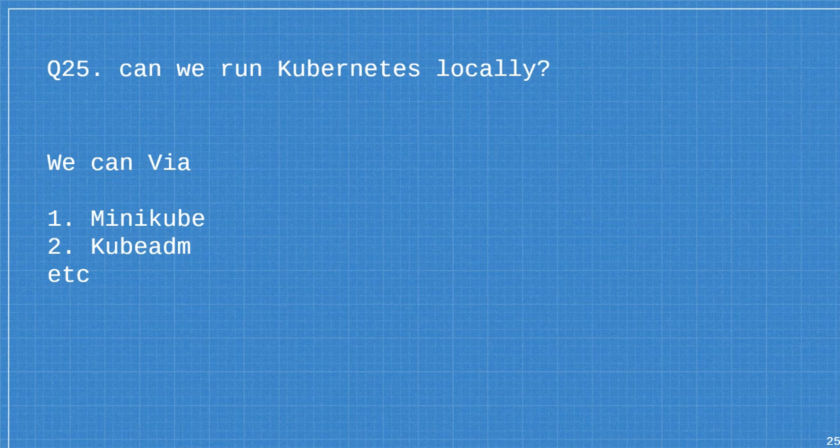We need to download the binaries and create the different components. There are 4 components in the master and 2 components in the worker node. All we have to do is download the binary and run it according to its parameters and the configuration we require. So we can configure our Kubernetes cluster locally. That depends upon your client and whatever their organization's requirement is.